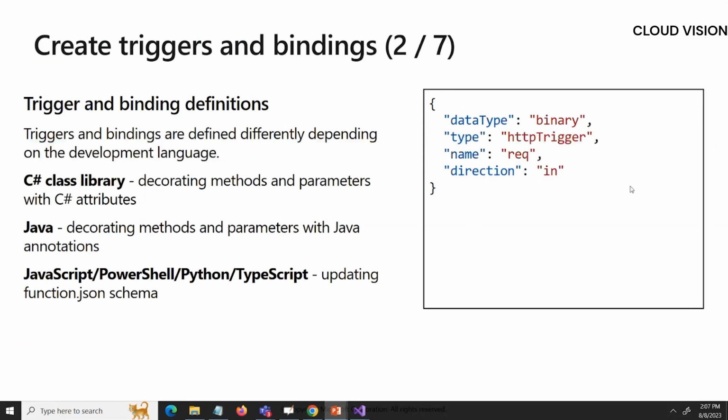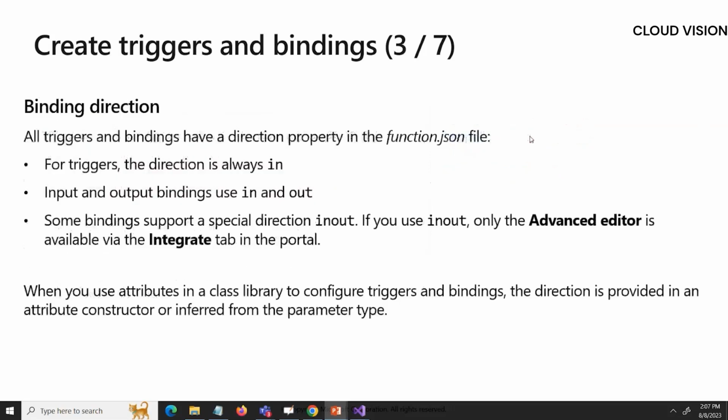So now if I go back to the slide, I showed you how this file looks. That is function.json. It says that all triggers and bindings have a direction property in the function.json file. So you can define the property of a function, whether the parameter is input type or output type. That defines whether you have to pass the value, or whether the function is calculating that value and returning